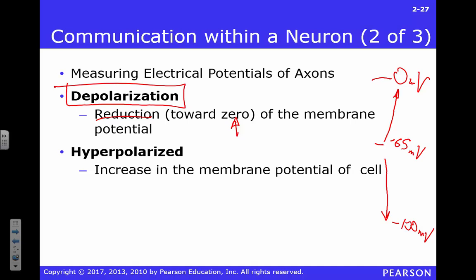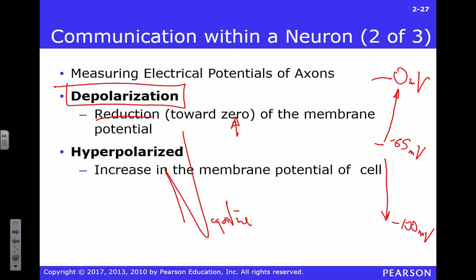Polarizing things, right? So it's going to make something more negative, right? For our purposes, we're not going to really think about, I know technically if we go really positive, that's hyperpolarizing, right? But we're not going to think about it in those terms, okay? Hyperpolarizing we're going to typically think about as making it more negative, okay? An action potential is a very, very brief, massive hyperpolarization. But we're not going to probably apply that same word or that same concept to it, okay? Those are the things we're thinking about.